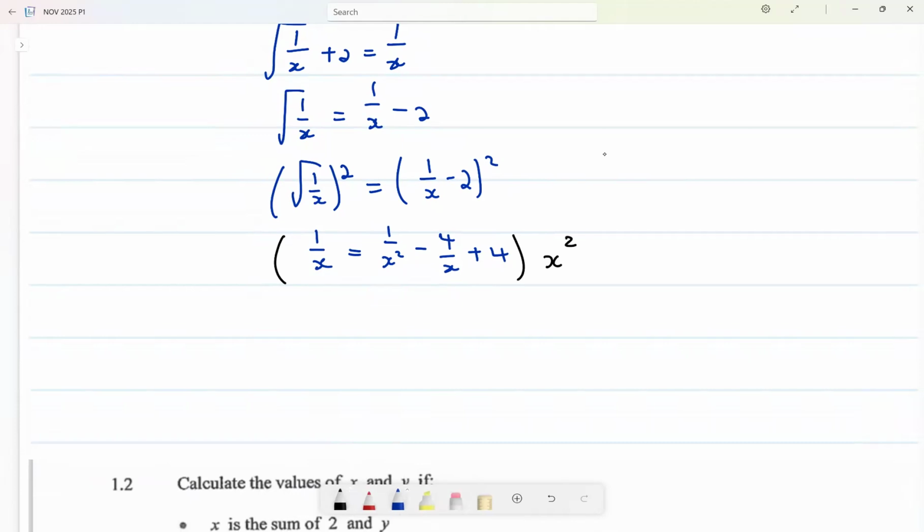When I multiply by x squared like that, here it's going to be x, it is equal to 1 minus 4x plus 4x squared. And then apply zero factor: 0 is equal to 4x squared minus 5x when it goes to the other side, plus 1. And then factors of 4 such that when I add them, they give me this one. So it's going to be 4 and 1. So I'll have 4x plus 1 and x minus,